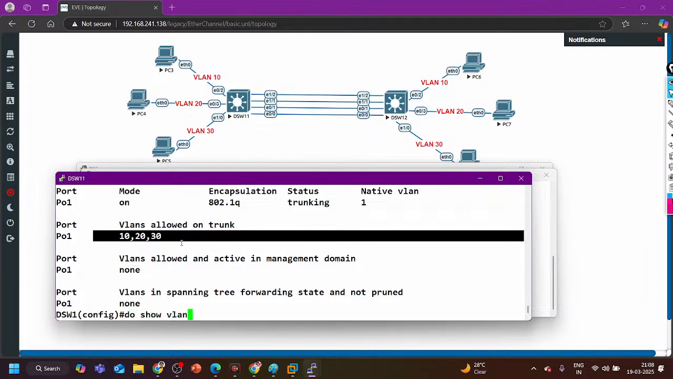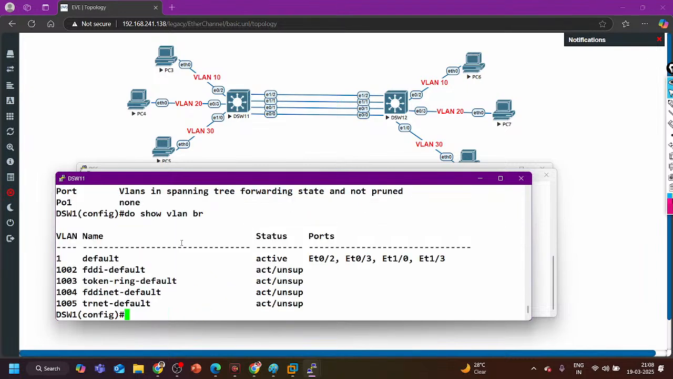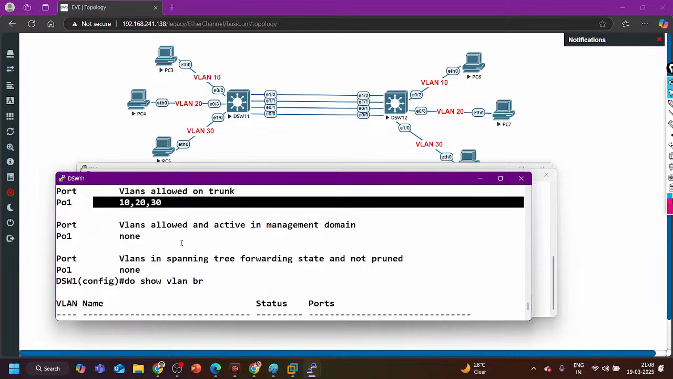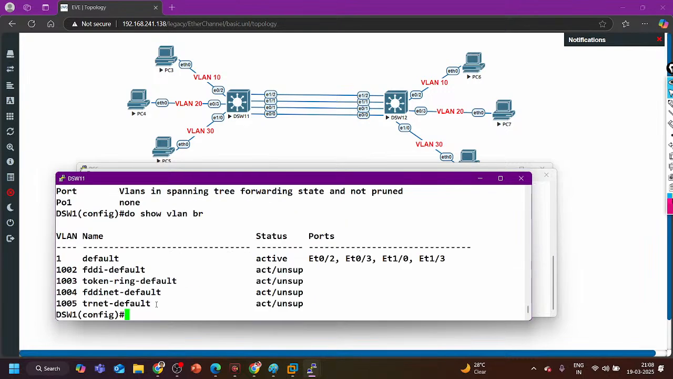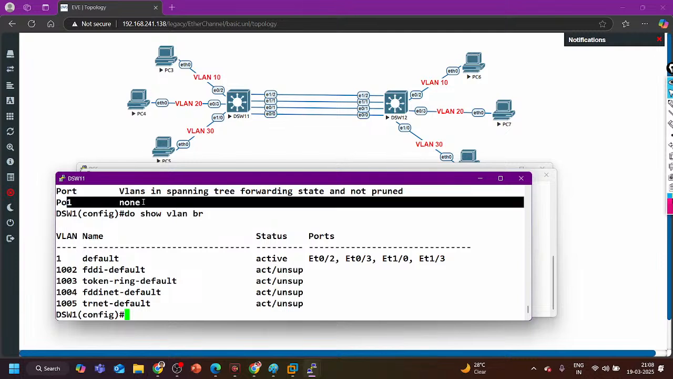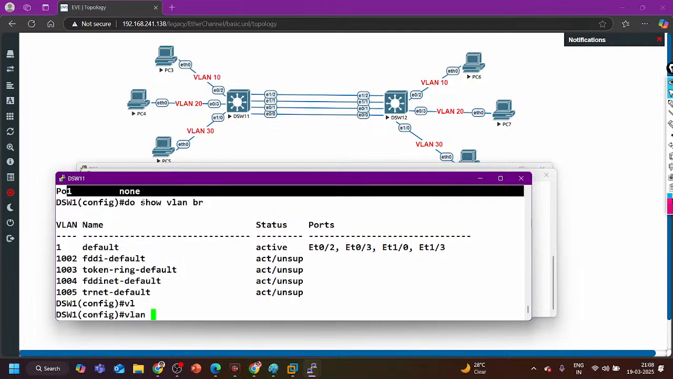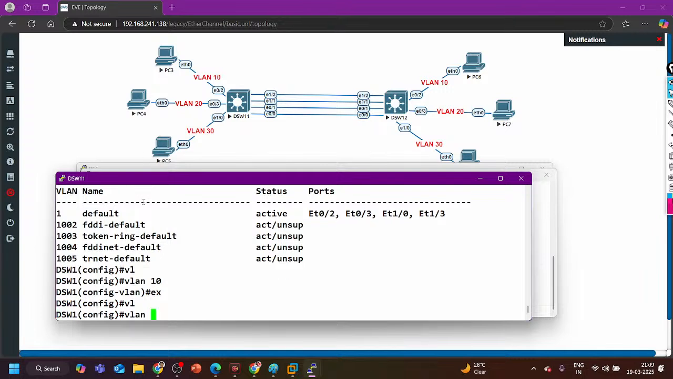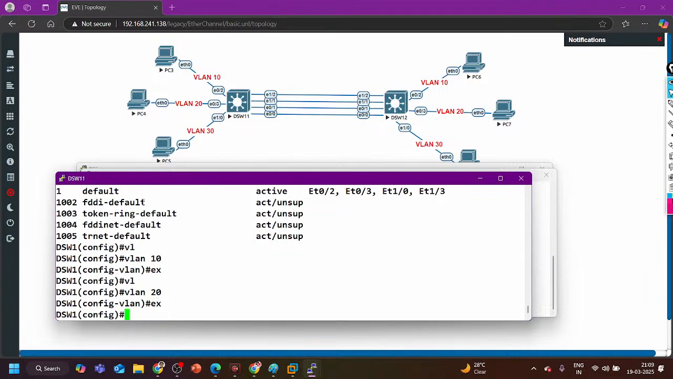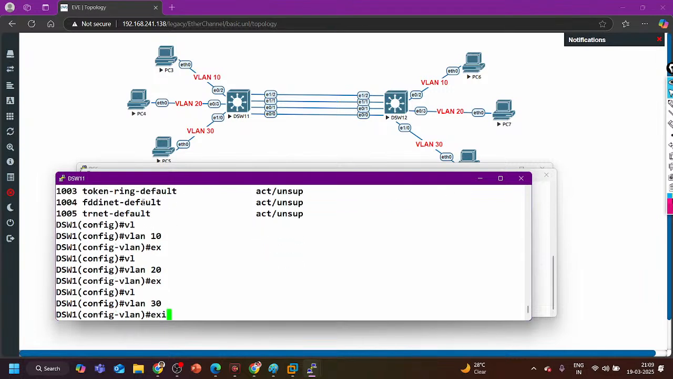So VLAN 10, 20 is not there. That's why here it's showing non VLAN active on this port channel. Physically we have to create VLAN 10 here, exit, VLAN 20 here, exit, and VLAN 30 here, and interface